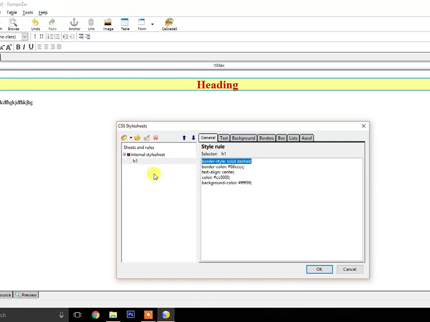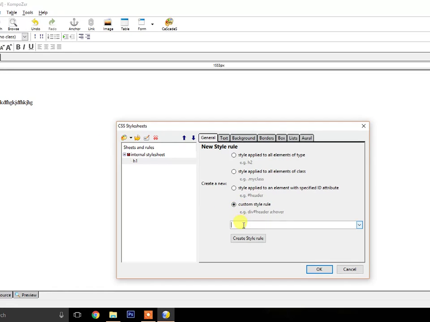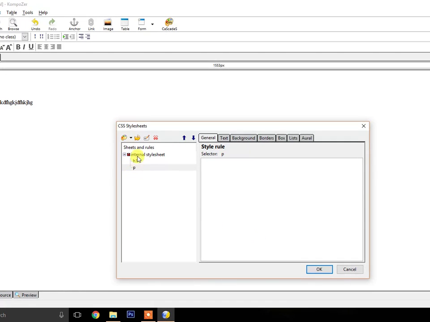And if I want to apply it to a p tag, you just have to click here and go to the last option, style rules, again custom rule, p, create style rule. Now you can see that there are two selectors over here. If I click here, it shows me the style for h1, and if I click here, it shows me the style for p.